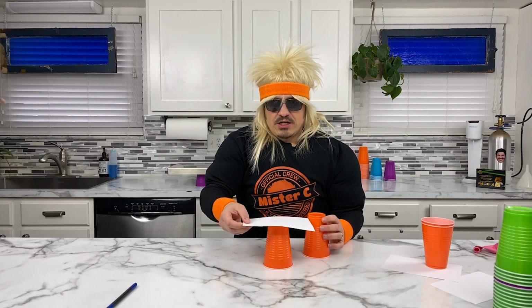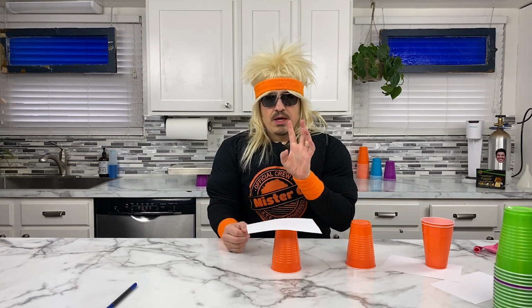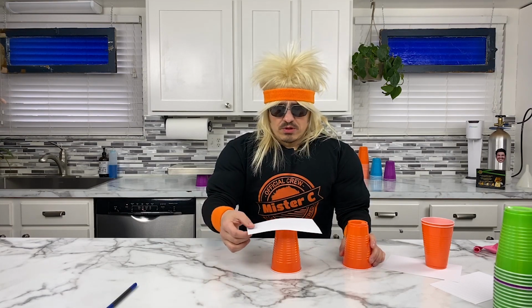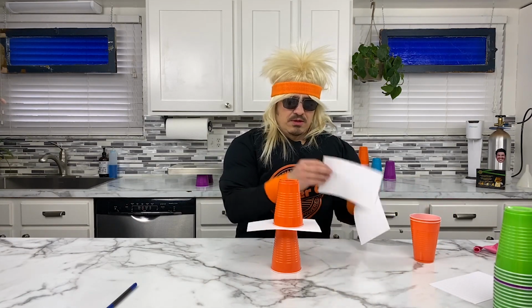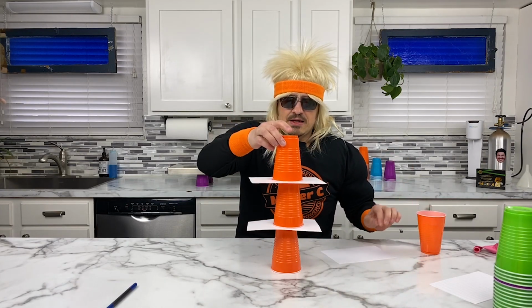So here's the challenge. I'm going to ask you to build a tower, right? Like we did earlier, but instead of stacking it like a little pyramid, we're going to build it straight up into the sky using 4 cups and 3 of these things. What, index cards, right? Okay, good. So the index cards. So then what we're going to do, we stack it up. 1, that's 2 cups. 2, that's paper. 3,